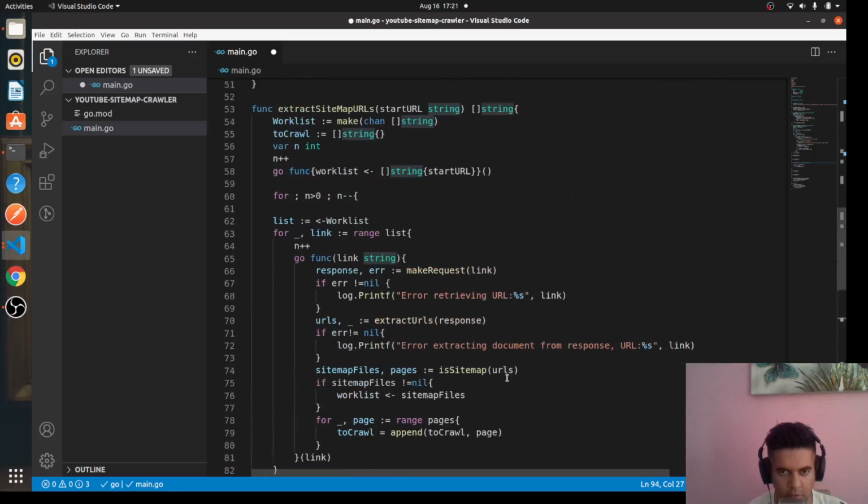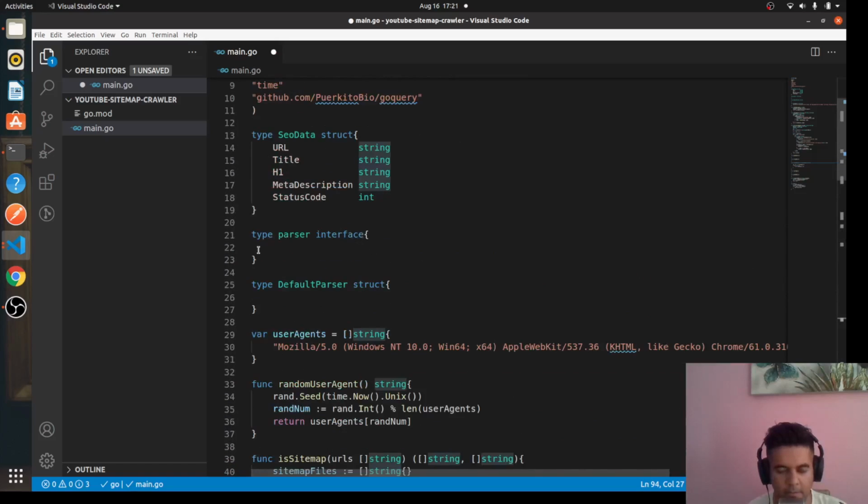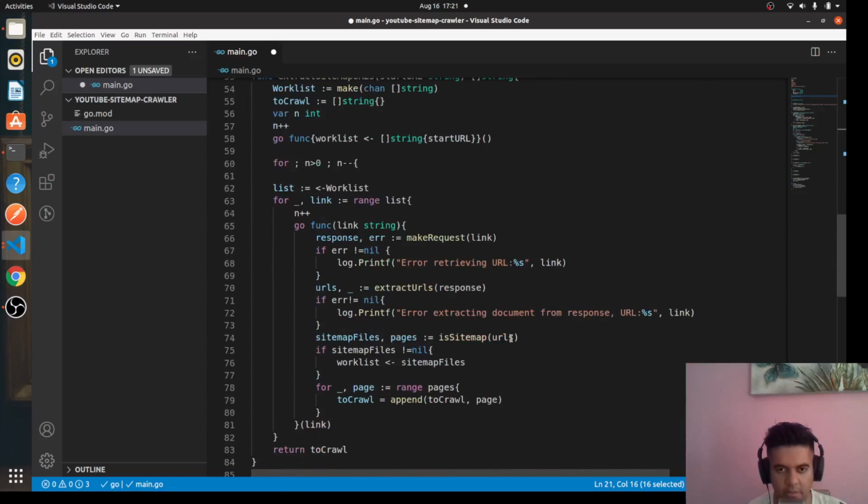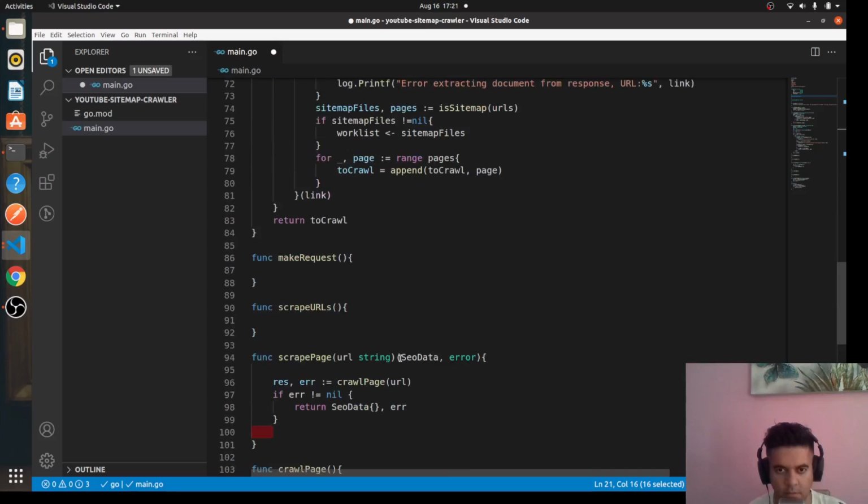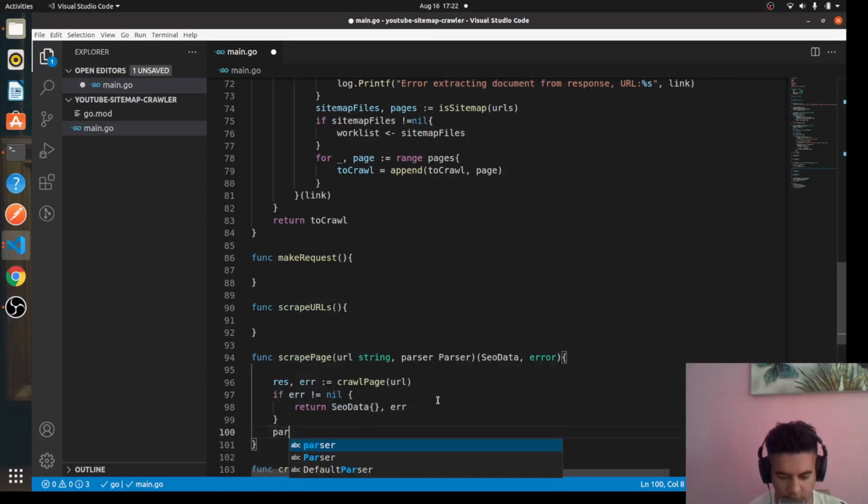here what we'll also do is we'll pass the parser interface. So we'll say comma parser of type parser, it's an interface, and here we'll say parser dot get SEO data,